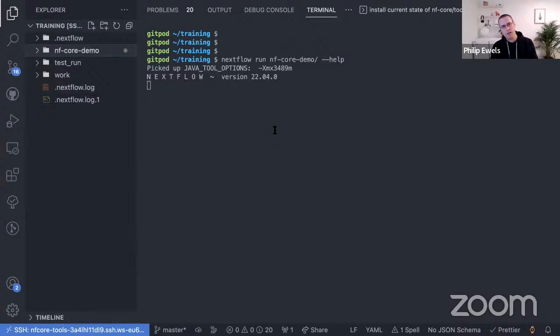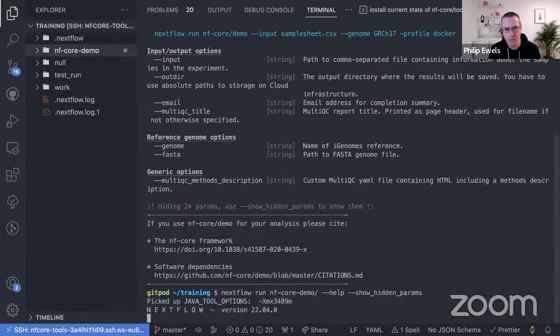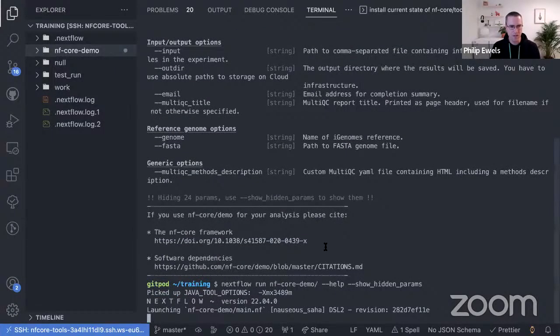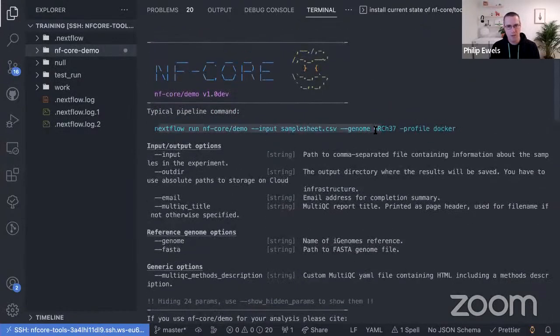And when I do this, it will tell me about the core command line options that this pipeline has. And what I should have done, and I forget every time I do this, is I should also do it with --show_hidden_params, which shows the full list, including all the boilerplate ones, which are usually a bit boring, which most users wouldn't want to change. But what you can see in this output here is that we've got a typical pipeline command, and then we've